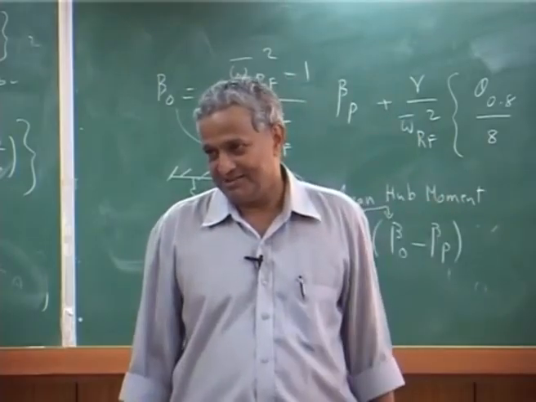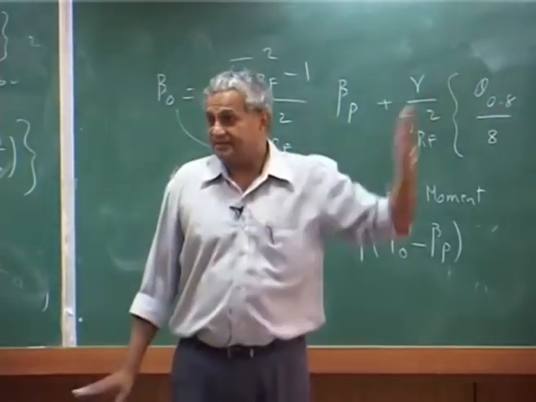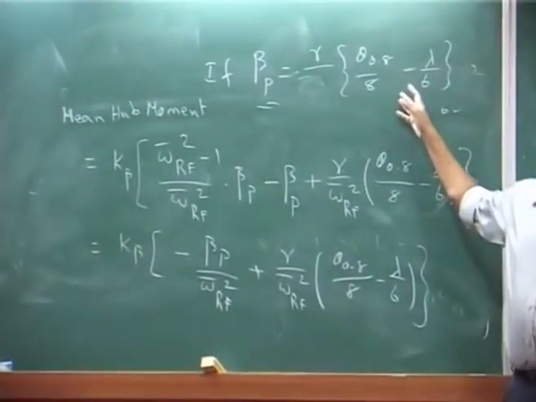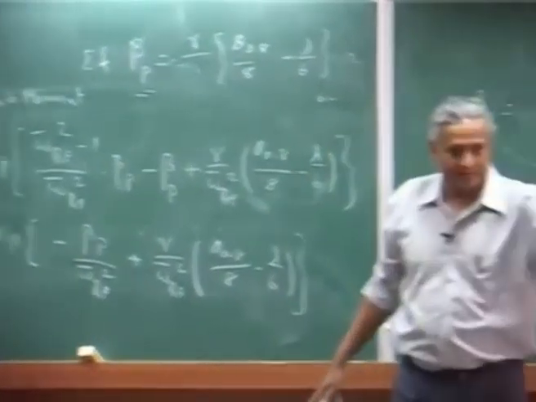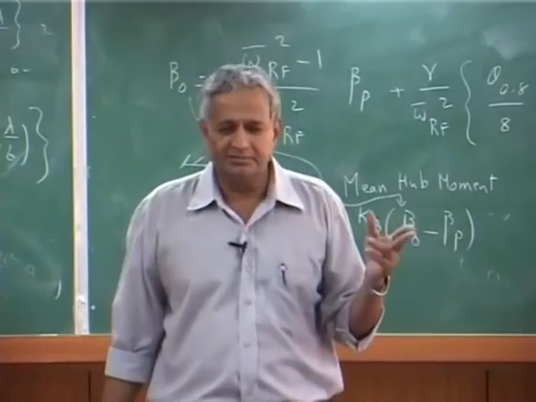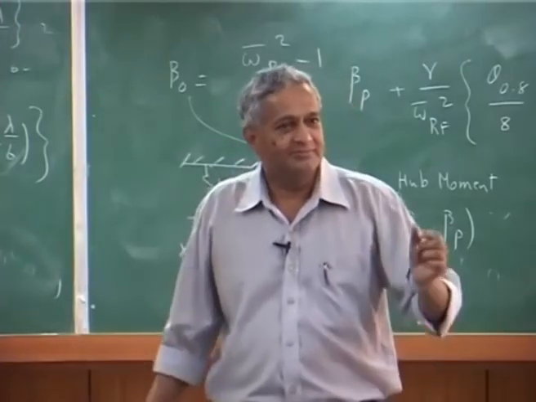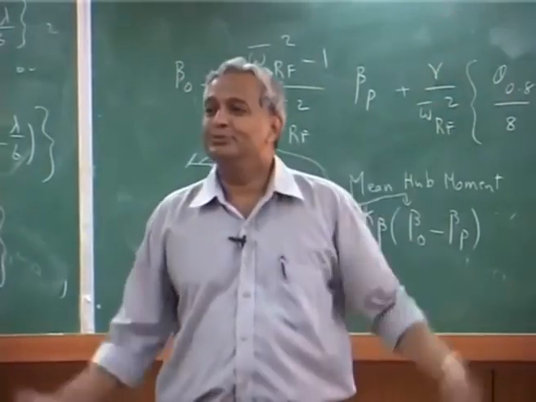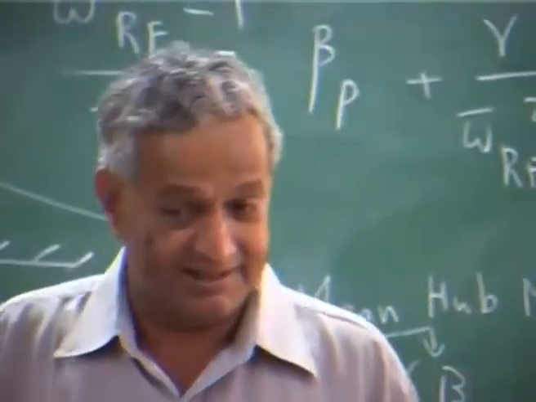Okay. And please understand, you will not eliminate the moment at all flight conditions, because this is valid only for one particular value. If you start flying at another forward speed, you will have a different flap, then you will get a moment. Okay. Usually the precone they give is about 2 degrees, 2 or 2.5, something like that, whereas the flap angle may be of the order of around 5 degrees. If it is fully tilting to 5, you allow it to tilt only through 2-3 degrees rather than the full 5 degrees, okay, because then the design